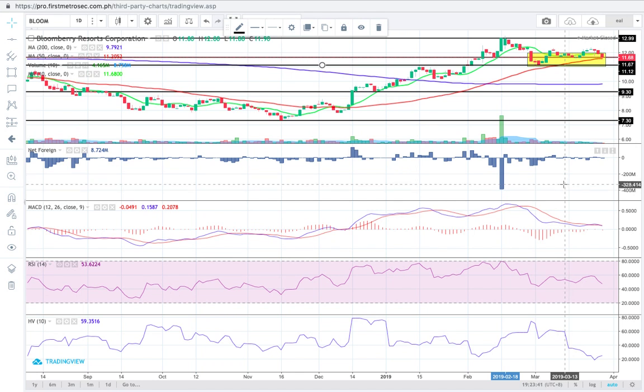Of course, you know already that you have to stay on top of your trailing stop loss if you already have Bloom. If you'd like to know more about setting up a trailing stop loss, please watch or listen to the previous episodes of the EquiTalks program where I gave some tips on how you should calculate your trailing stop loss, especially if this is the first time that you've heard of that phrase. Okay, so in the previous episodes, I gave some pieces of advice on how you should calculate your trailing stop